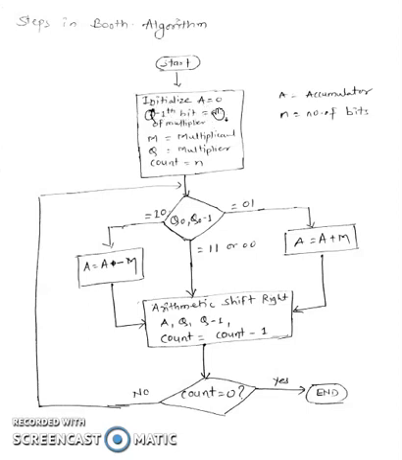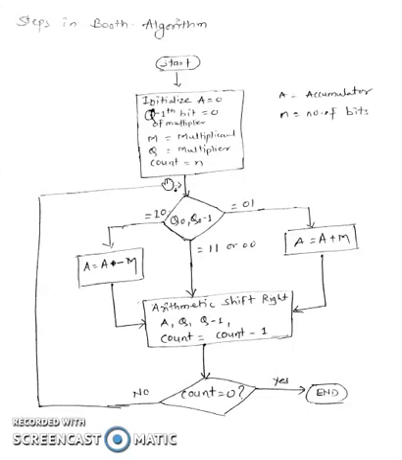So initialize A equal to 0. A is here the accumulator, which stores the result of the operation. Now this is the Q minus 1 bit, which is also initialized to 0. If you remember, we have attached one more 0 at the right side of the Q bits, so that is the Q minus 1 bit, that is 0 of the multiplier. Then M, which is called the multiplicand, is stored in the M register, and Q stores the multiplier.